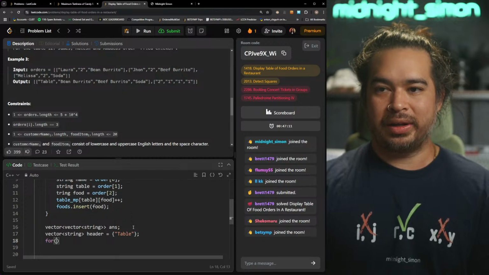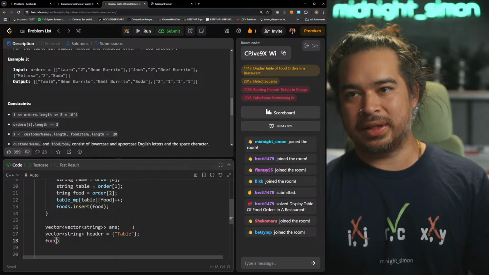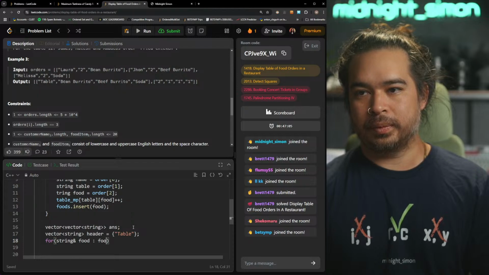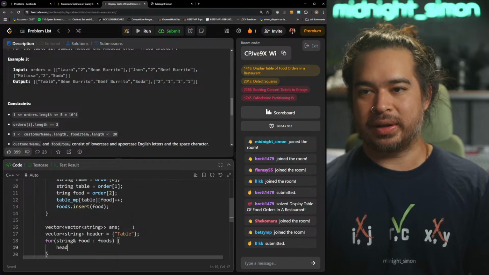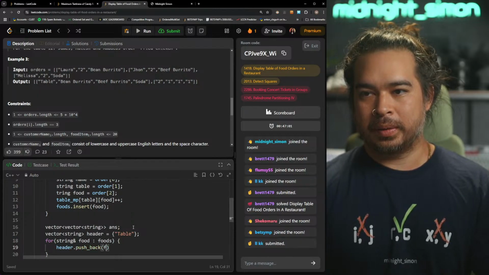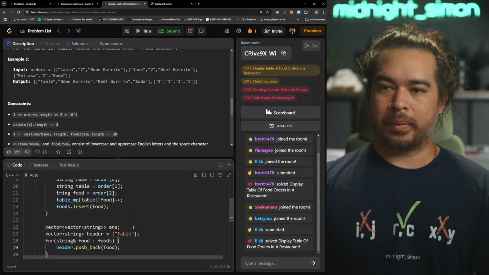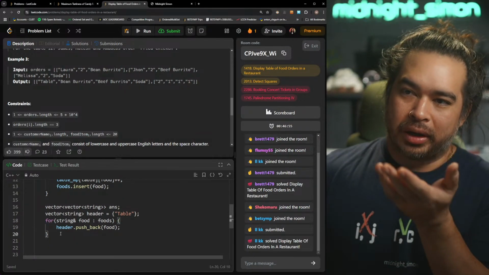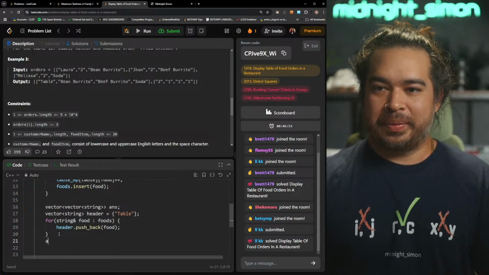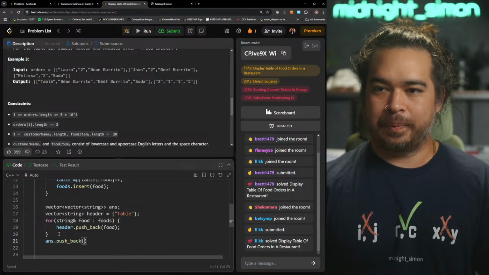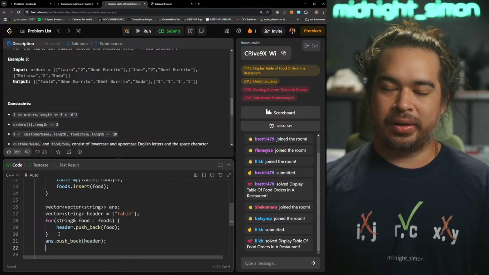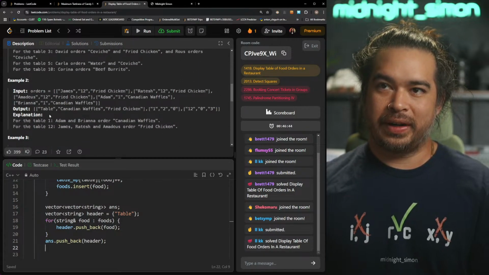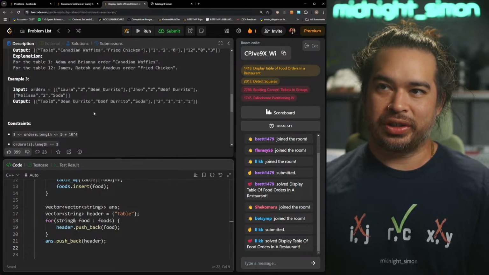And then now I'll iterate over all my foods that I've seen, and then just push them back to the header. All right, so now we got the header. Now we can try to fill out all the other junk.